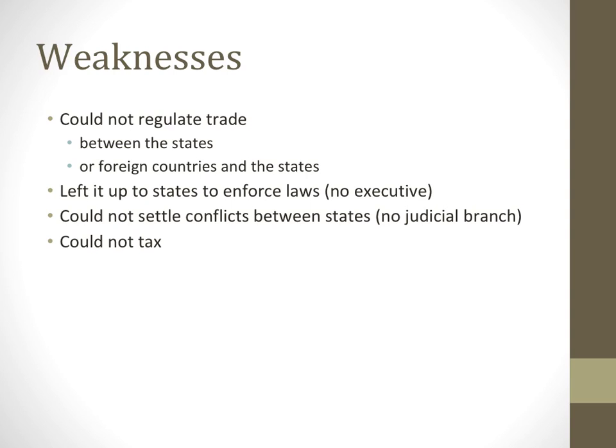Because the Congress has no power to tax, they can only request money. Guess what? The Congress very frequently does not have enough money. And this is a big problem during the war, and it remains a problem after the war. And this is one of the reasons why George Washington, who always needed more funds and more equipment, is going to be in favor of changing the Articles of Confederation to a more powerful government that we now know as our Constitution. But we're not to that point just yet.